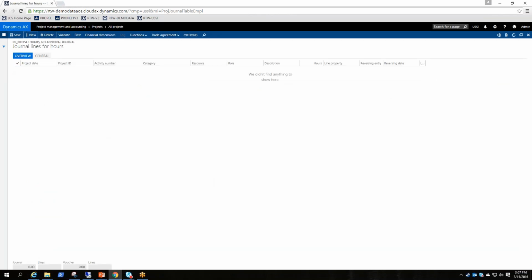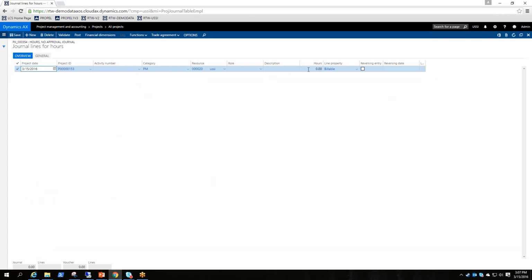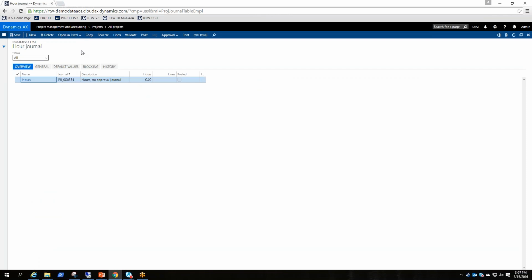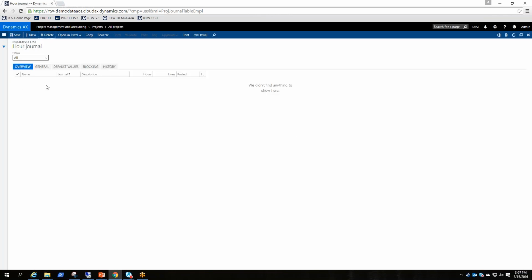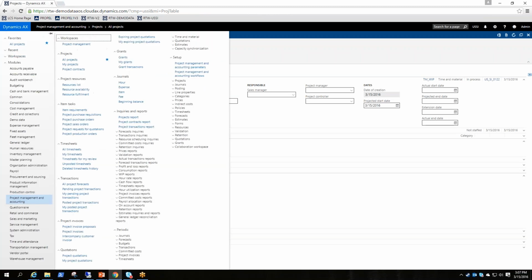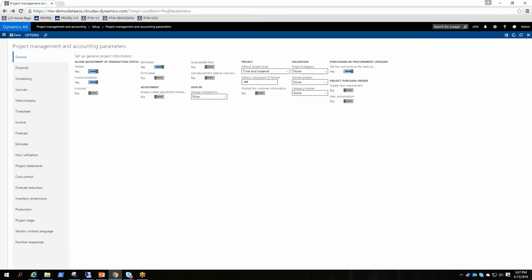Notice we're not getting any more errors when we're trying to post a labor entry. So I'm not going to post one, but you can see that it didn't stop me like it did previously. All right, so let's jump back to those parameters. So if I go back to project management and accounting, and then under setup, project management and accounting parameters, and